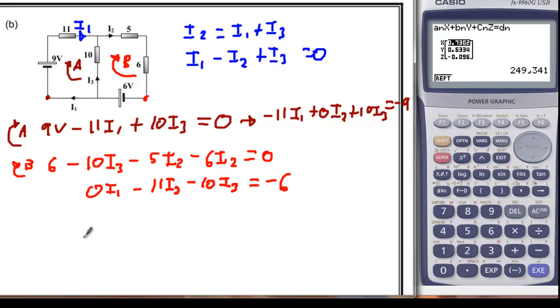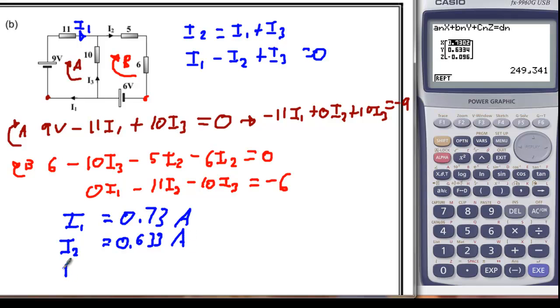So we have our final answers with I1 equaling 0.7 amperes. I2, being the middle one, equals 0.633 amperes. And our I3 equaling negative